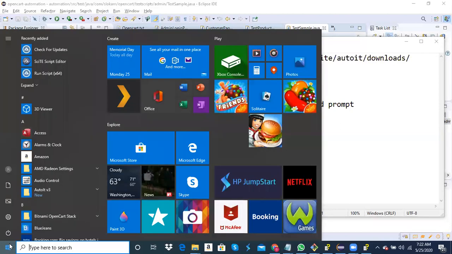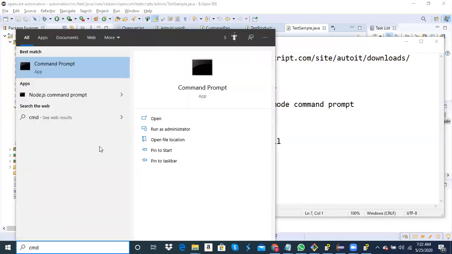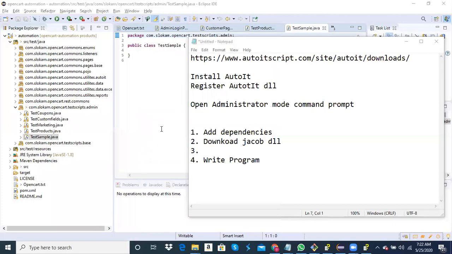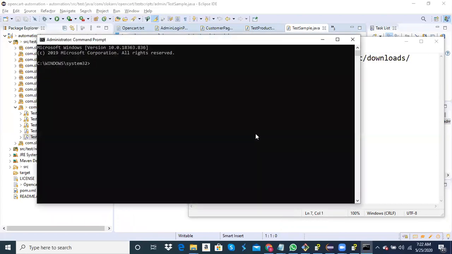So how do you open it? When you type CMD, you'll get this one. You should use run as administrator. You cannot open the normal one. You have to open it with run as administrator. So this is very important. Now by default your path will be Windows and System32. Actually, where you have to go from there is